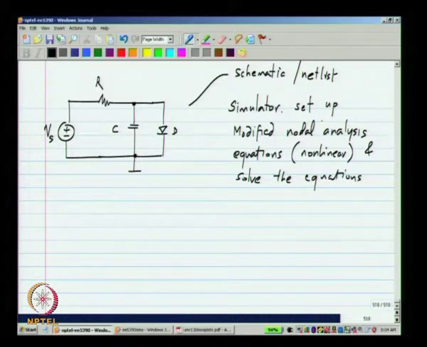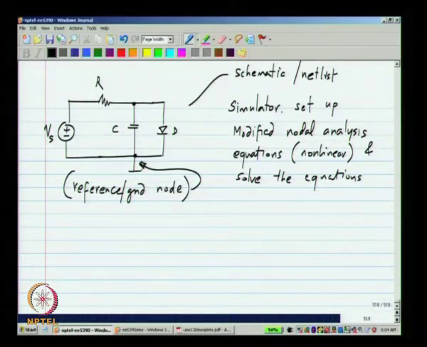As you know, for nodal analysis, the variables are voltages at different nodes with respect to a reference node. So, the circuit also needs to have a ground or a reference node. That is the bottom node in this circuit.